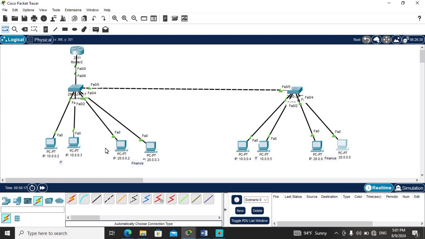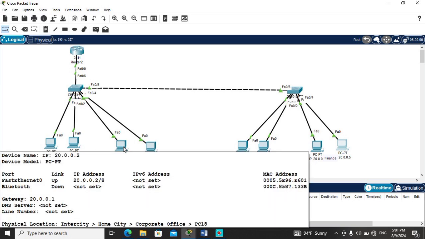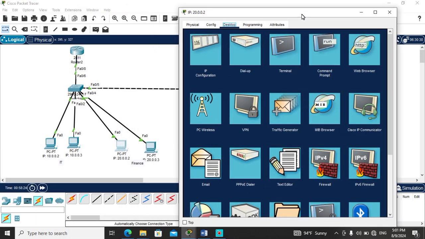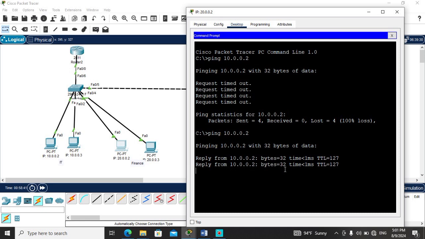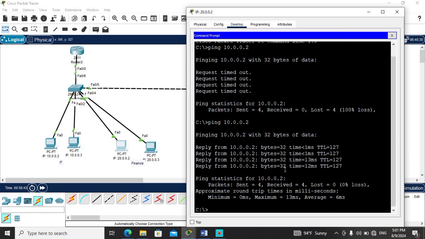And after it, I want to ping this computer from this computer, and I want to see that, inshallah, maybe it will give a ping response. I already pinged that, but it gave a request timeout. Now I want to check that 10.0.0.x. Yes, correctly and successfully that is pinged by the computer,